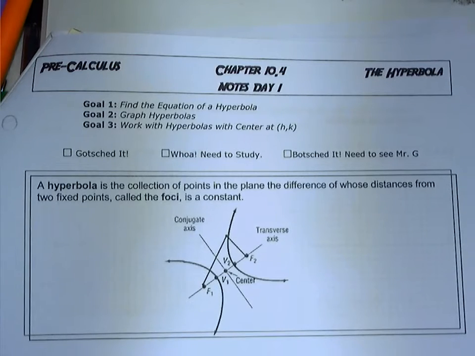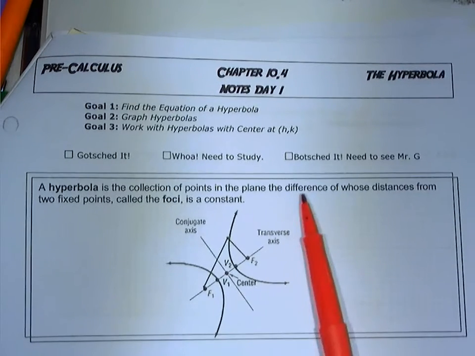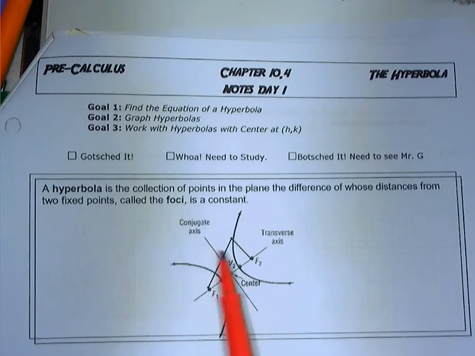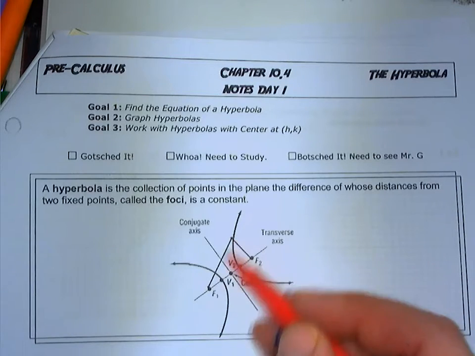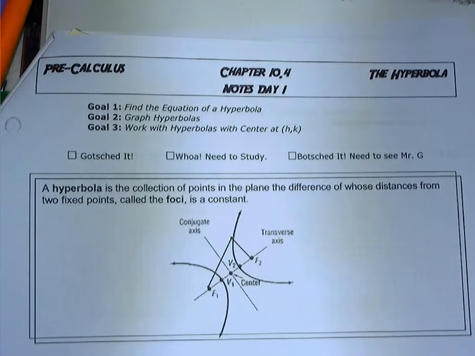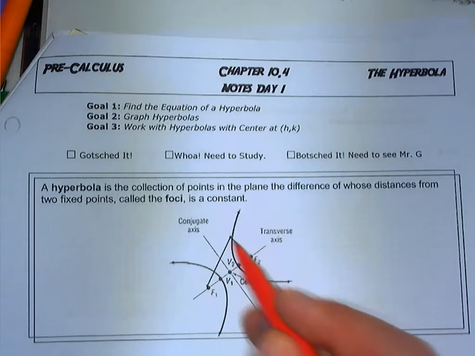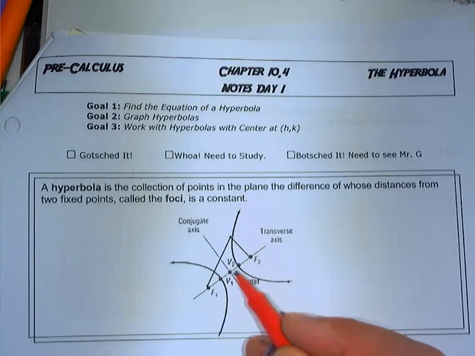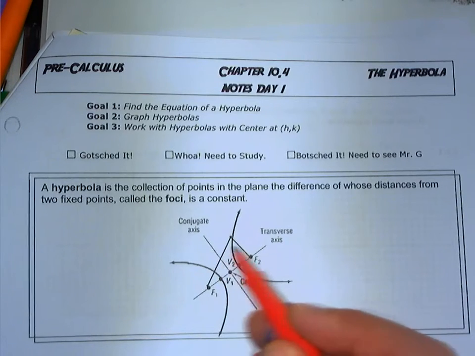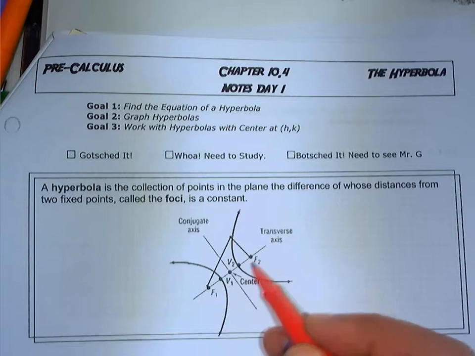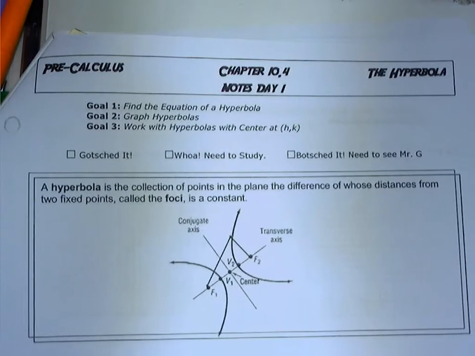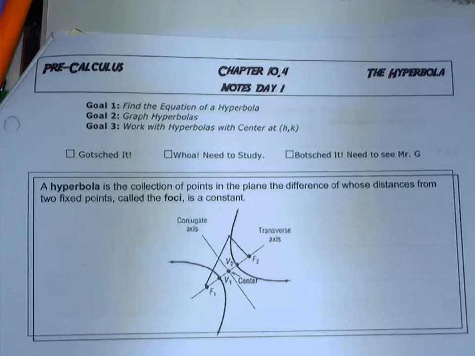By definition, it says the hyperbola is a collection of points in the plane, the difference of whose distances from two fixed points called foci is constant. So if I have a point on here, and I find the distances and I subtract, those will always be the same value. The idea is this is c squared, this is a squared. It will always equal b squared. Okay, c squared minus a squared is equal to b squared, or vice versa. So eventually we're going to be talking about Pythagoras here. Okay, it kind of looks like a right triangle. So as we take a look,